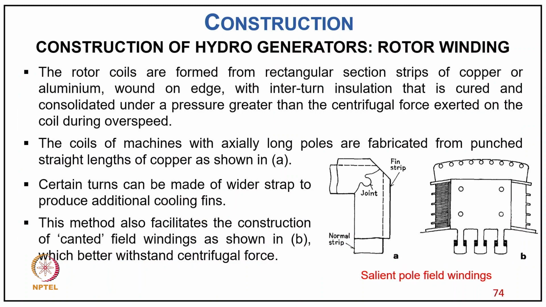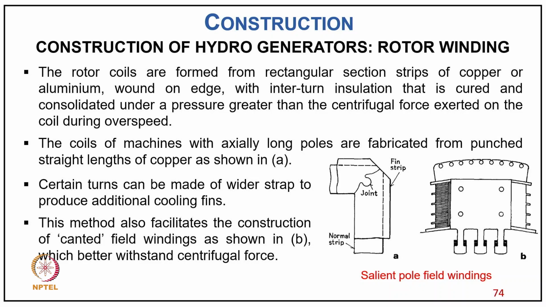Now coming to the rotor windings, as you can see in the photograph, the rotor coils are formed from rectangular section strip of copper or aluminum wound on edge with interturn insulation that is cured and consolidated under a pressure greater than the centrifugal force exerted on the coil during overspeed. The coils of machines with auxiliary long poles are fabricated from punched straight lengths of copper, as shown in part A of the figure,